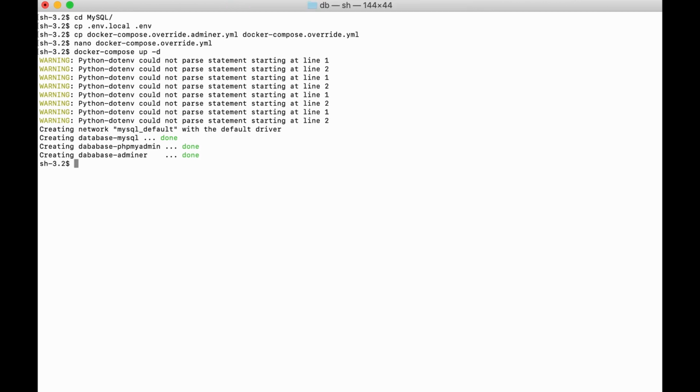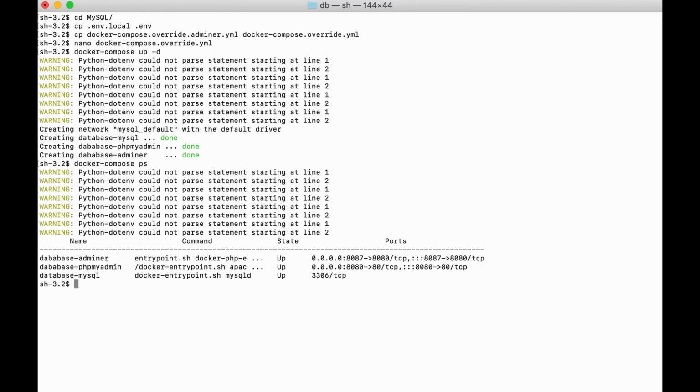After the download is done, we want to check if our containers are set correctly. We can do that with the command docker compose ps, and there we have a table that shows the status of all containers. They are all okay. So how do we use the containers? As we can see, the status of all containers is up, which means the container is currently running. The status could also be restarting or stopped.